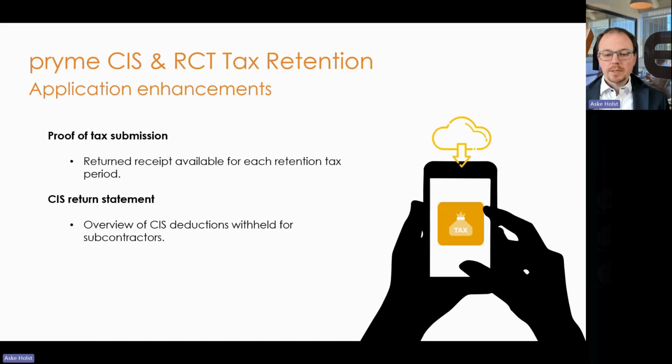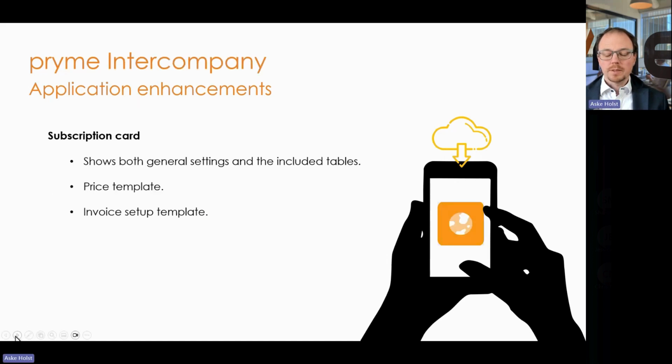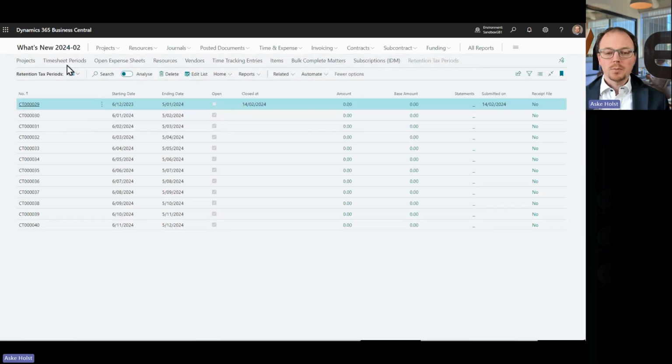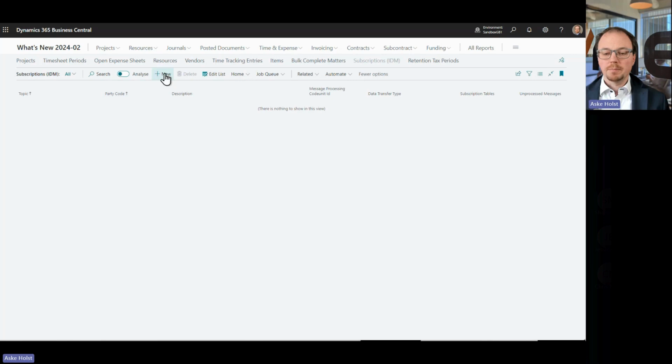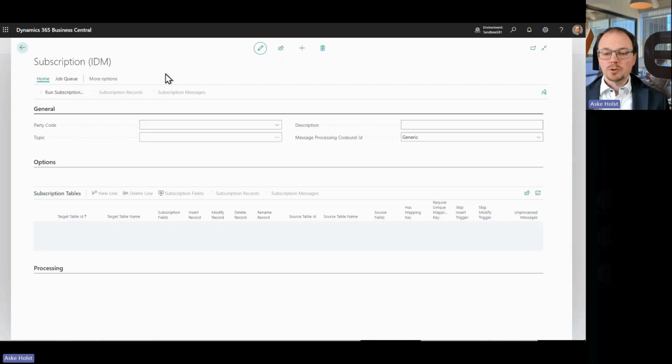And that about brings us through the features we have, except that we still have intercompany, which is more of a technical change, but still it might be nice to know about. With our intercompany module, you will be managing subscriptions, and subscriptions have currently been managed through a pure list page. We have now introduced a subscription card to make it a bit more manageable,